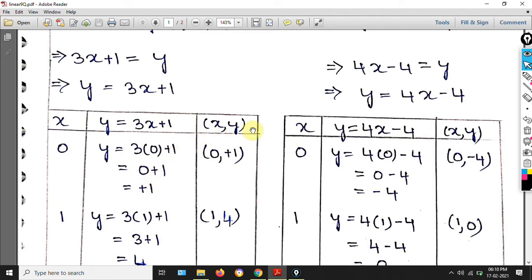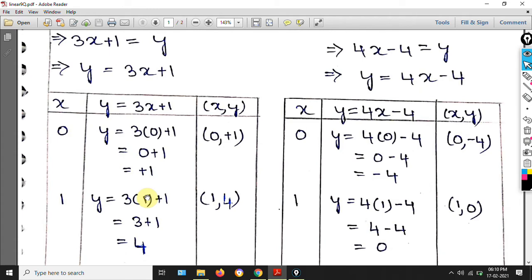Here we have to write the x and y value. You know how much is x? 0. y is 1. So 0 comma 1 we wrote. Okay. Next I am taking the x value as 1. So y equals 3x. So in place of x I am writing 1, as we took x as 1. Next plus 1 is there. 3 ones are 3, next plus 1 comes as it is. 3 plus 1 is 4. So here how much x did we get? 1. So we write 1 comma, and how much y did we get? 4. So we write 4.